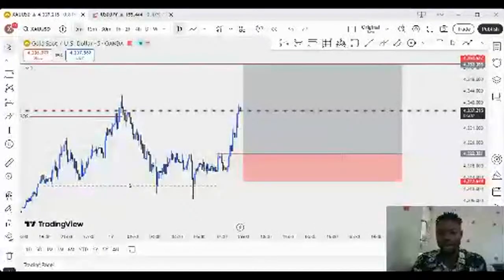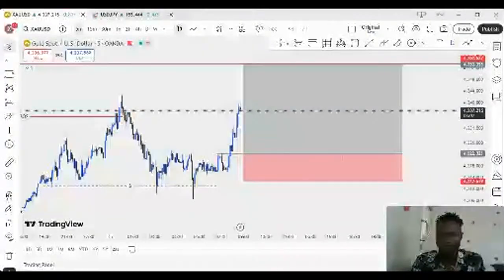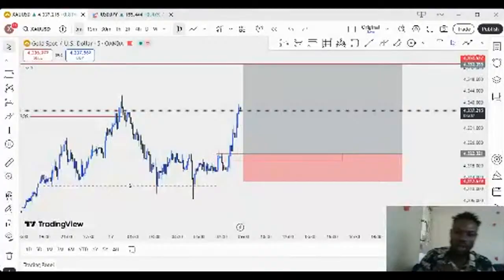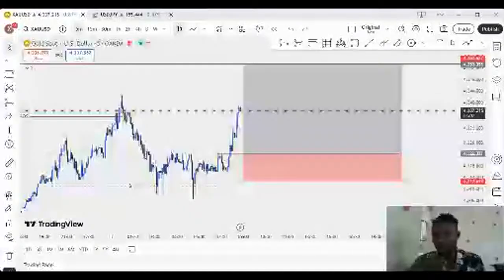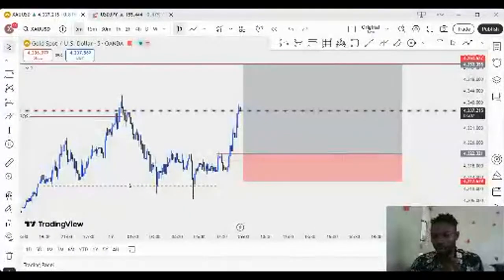So, buyer and seller. But when you study price action very well, you will get to know that price action is just letting you know who is winning the battle, for the short time or for the long time. That's when price action comes into play. For you to be able to read price action very well, you must be able to study candlesticks very well. And if you have been following me for a very long time, you will understand how I define candlesticks.